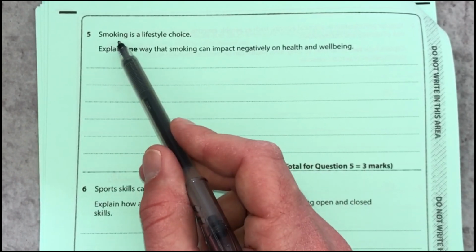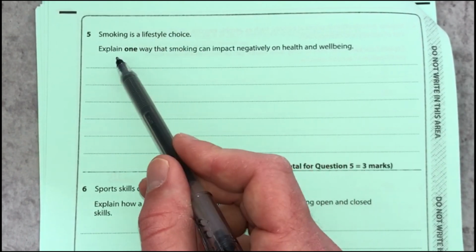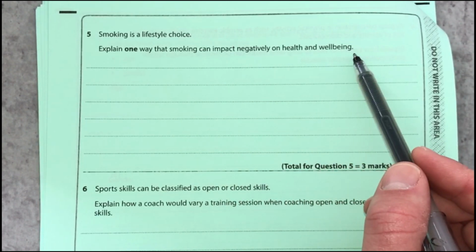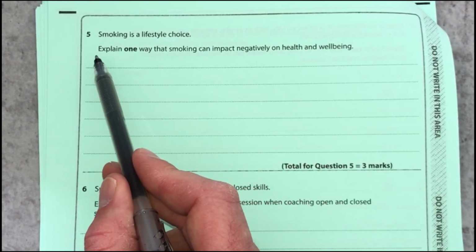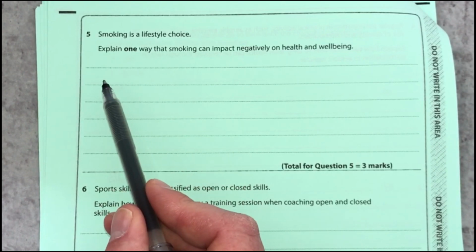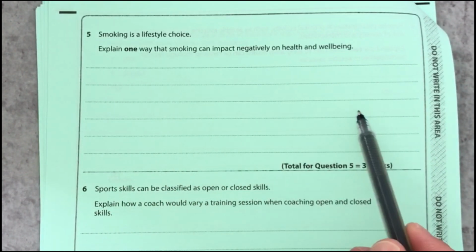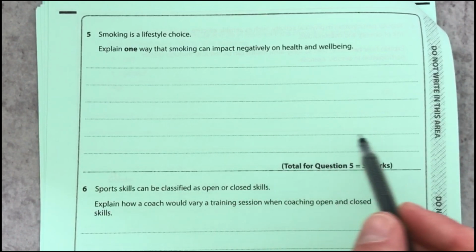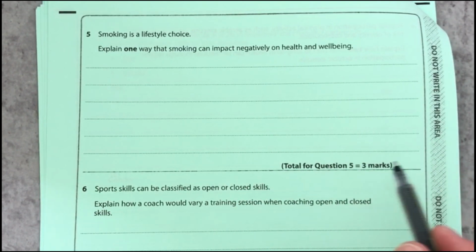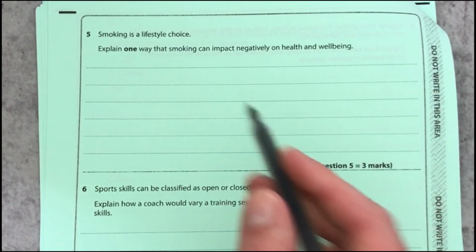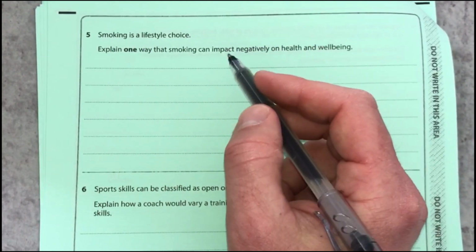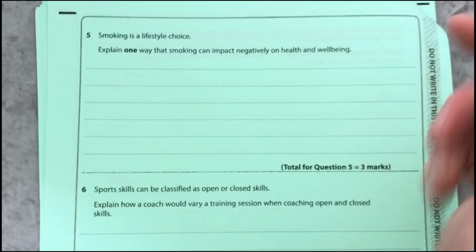Question 5. Smoking is a lifestyle choice. Explain one way that smoking can impact negatively on health and well-being. This question's asked us to explain, so we're going to need to make a point and then explain that point and develop it to say therefore what the consequence of that point would be to get all 3 marks for this question. So smoking as a lifestyle choice, it's very important to remember the damages that smoking can cause to